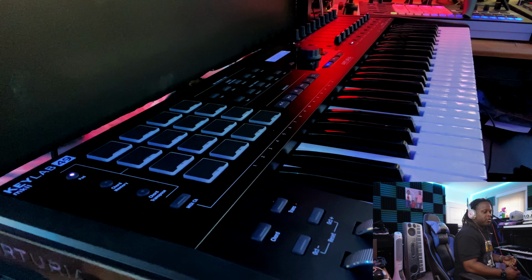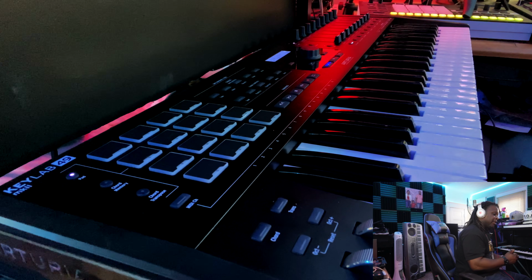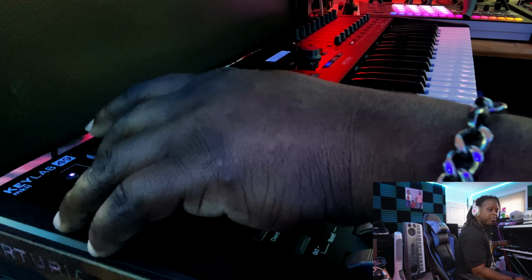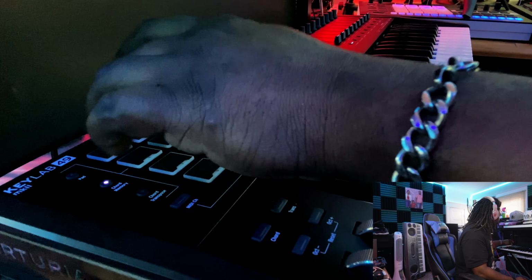Pretty cool. You can also use that to play drum programs and anything you really want to do with these pads. Now, the neat thing about these pads is you can take them and switch them to chord mode without going into the MPC to pad with them. So I go to chord mode, and now